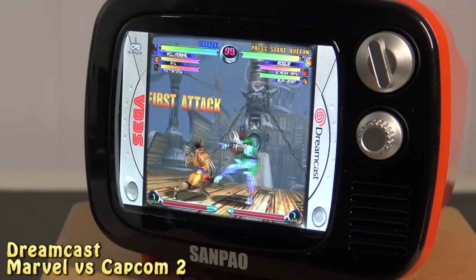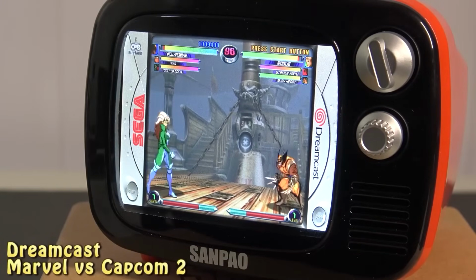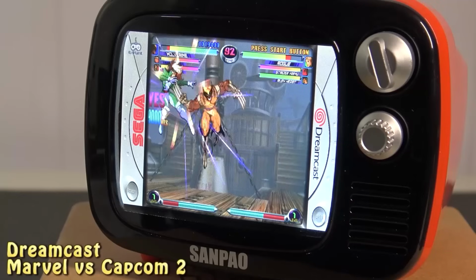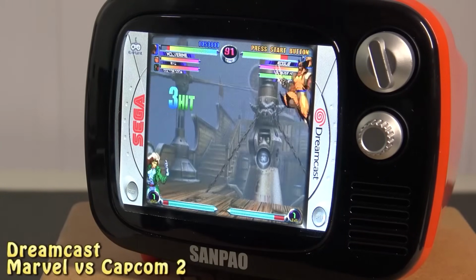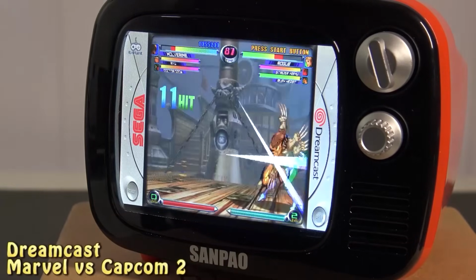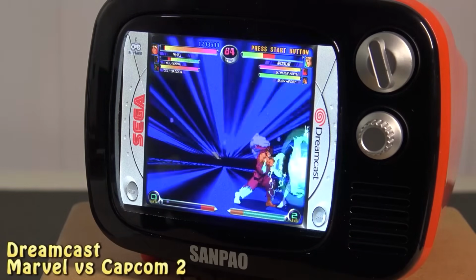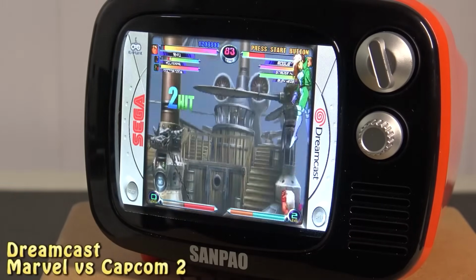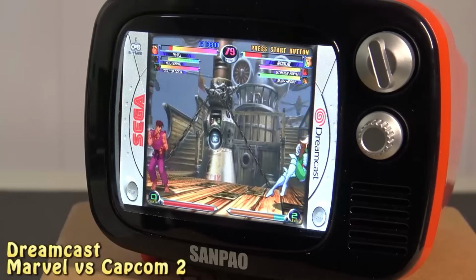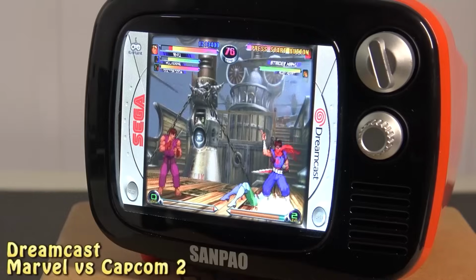Alright, so next up, let's try Dreamcast. Take into consideration that with a Mali chip, it doesn't give the best performance, especially with some glitches in the background sometimes. But I think it's really genius that you can play Dreamcast on this mini television. And when you're looking at the FPS, it's not bad at all. And even for the mono speaker, the sound is not bad at all. I wasn't really happy with it when I did the main review, but now